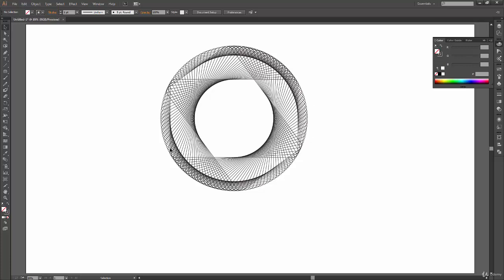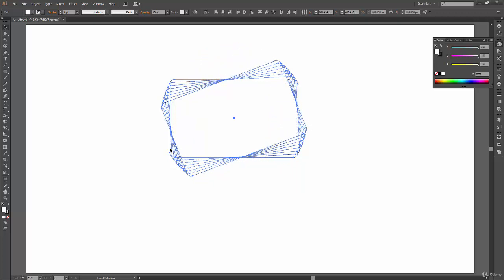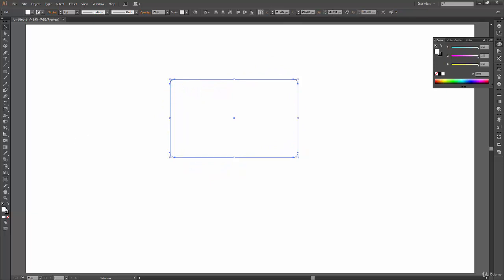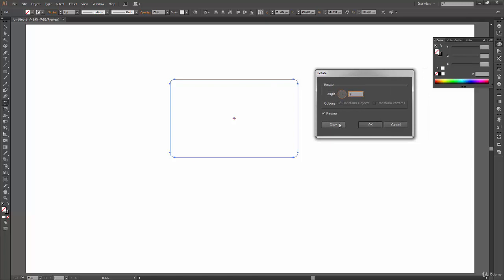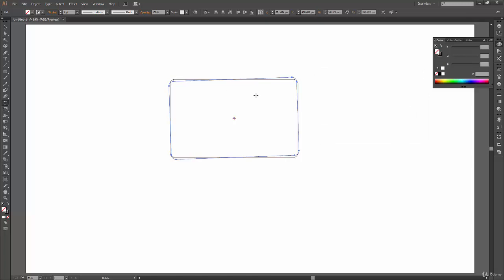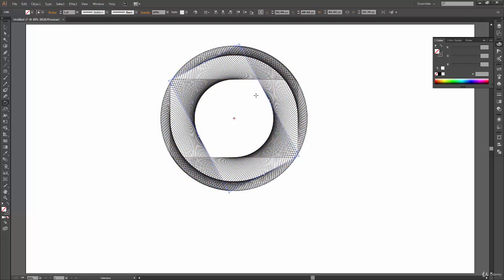Okay, so it looks a bit incomplete, so let's complete it again. To do that, we can undo. I just hope it supports that many undos. Okay, so we can undo now and let's have fill none. And now we can again double click on rotate tool and we can reduce our rotate angle to 2 degree because I thought 3 degrees was too much, and click on copy and now we have a rotated shape. So now press Ctrl D again and again and you will see what we get here, and it looks incomplete right now until it rotates again by 360 degrees.